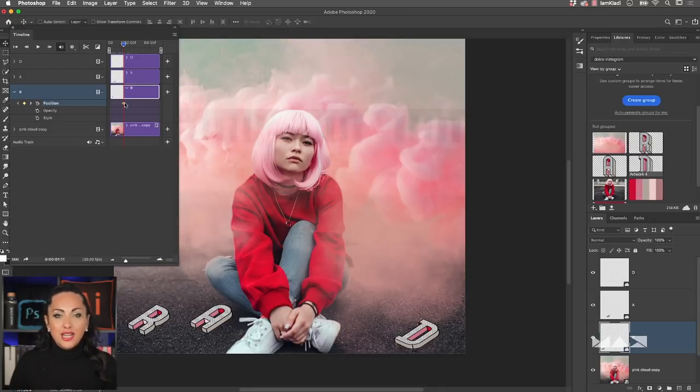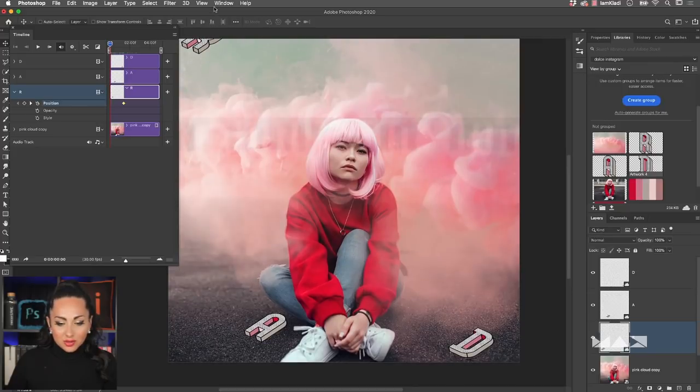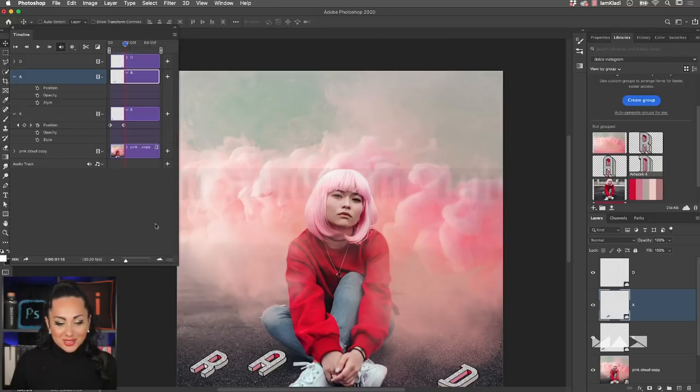This keyframe is pretty much like a stamp in time, letting us know that this is the position of the element at that given time. If I move the playhead back in time and then move the letter R to the top, Photoshop is going to create another keyframe because it's going to let us know that at time 0, the R is on the top, while when we move towards our second keyframe, the letter R is at the bottom. And I'm going to do the same for the rest of these letters.